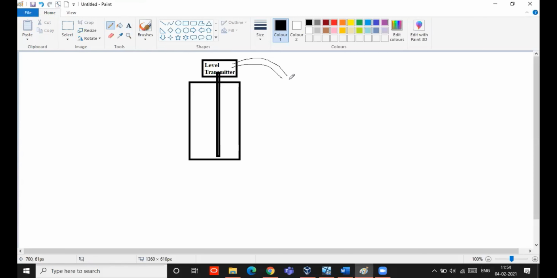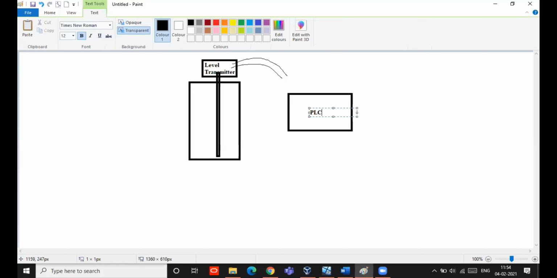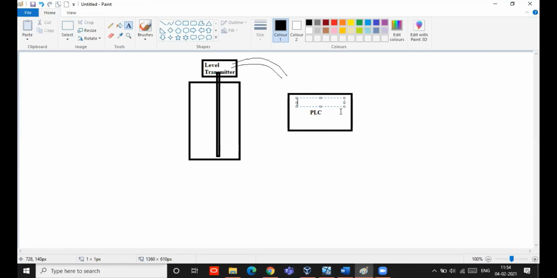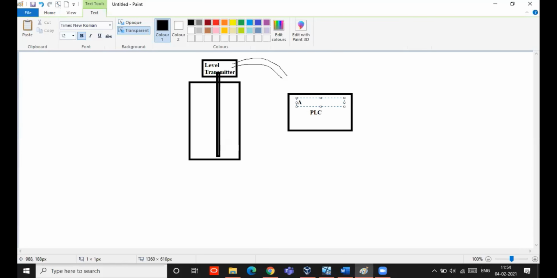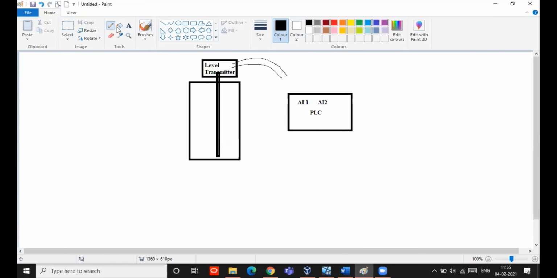Now I have to connect this as an input to the PLC, that is, to the analog input of the PLC. For analog input, I mention AI: analog input 1, analog input 2, like that. Different inputs are there, but I have only one analog input in the process, so I am connecting it to the analog input 1 terminal of the PLC.